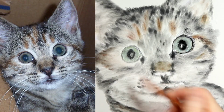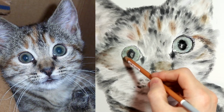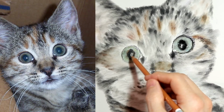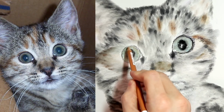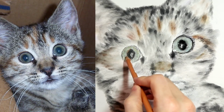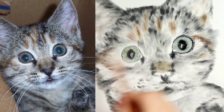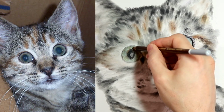So I want brown at this point. Have a nice soft brown right here. Get in with that veiny look. There you go. That veiny look, it makes all the difference, my friends. It makes all the difference. Get that vein, the vein. And we have, on this eye, we have a very distinct